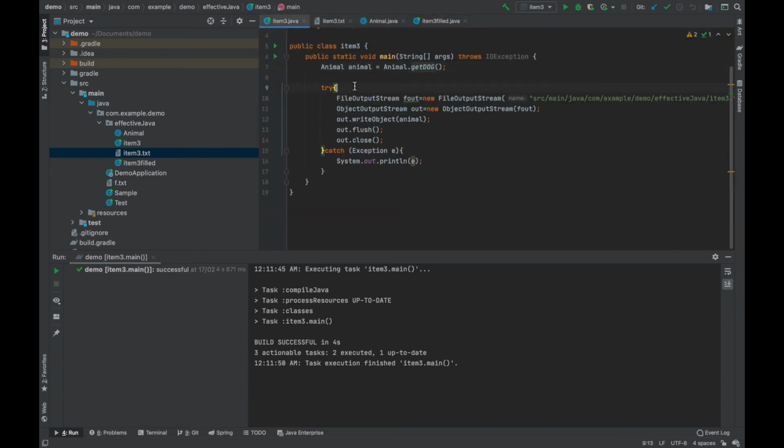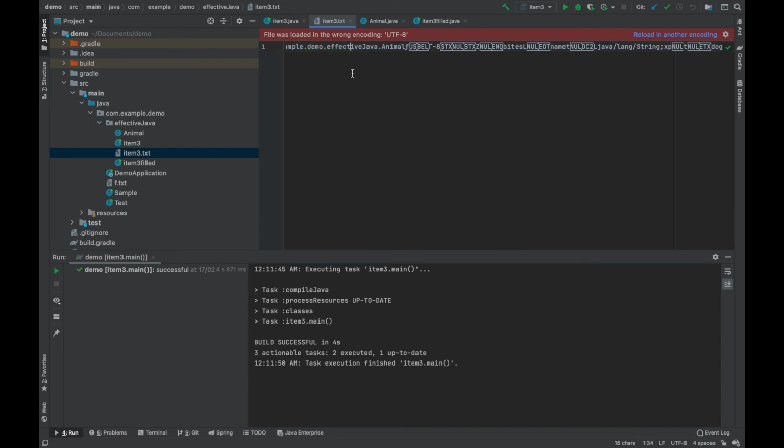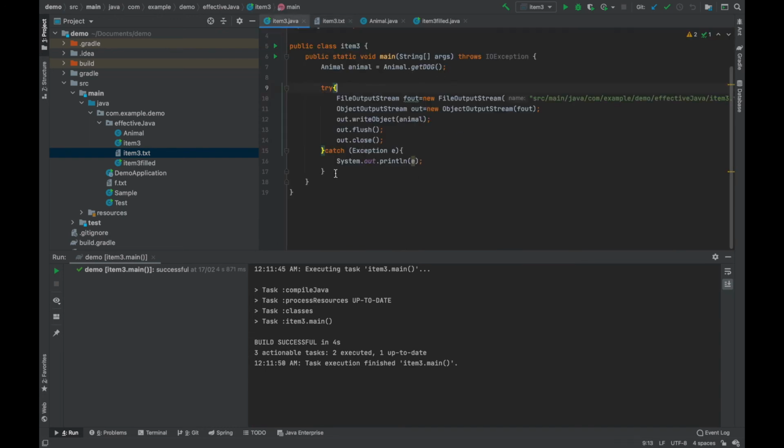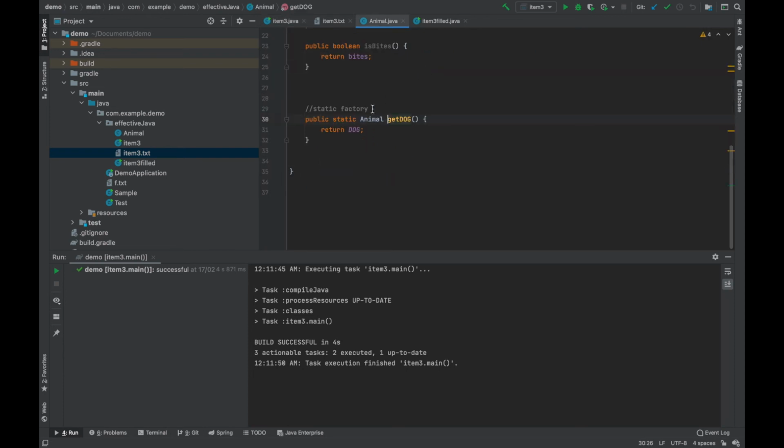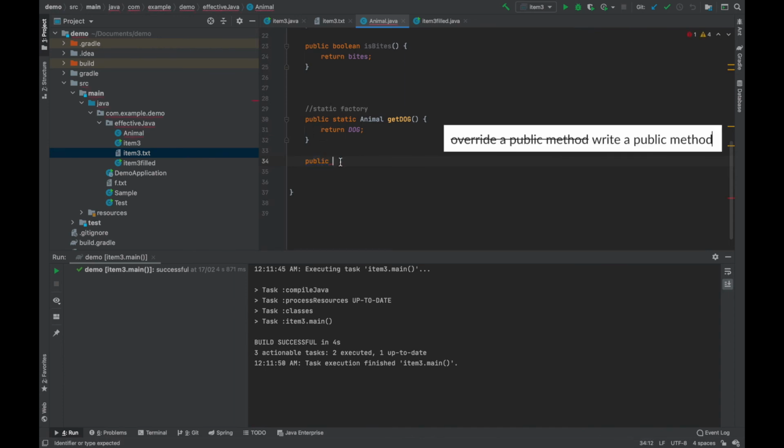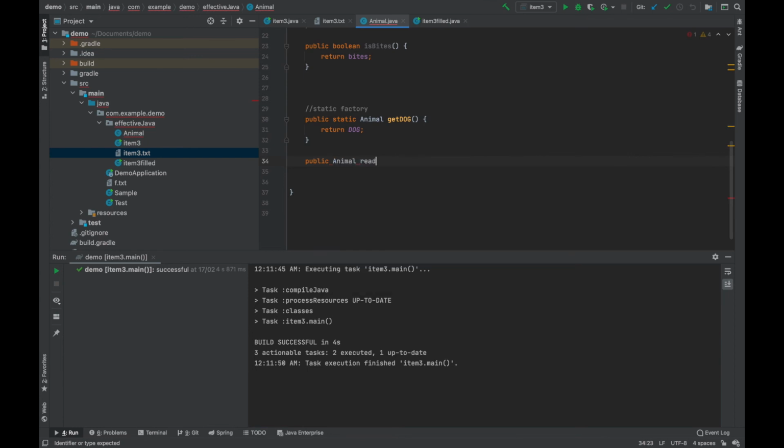Now the issue is whenever I want to retrieve this animal instance from this text file, a new instance will be created instead of returning this static instance. So in this scenario, if you want to ensure the singleton property, you'll have to override a public method, which is public Animal readResolve, and you have to return the static variable that you have created.